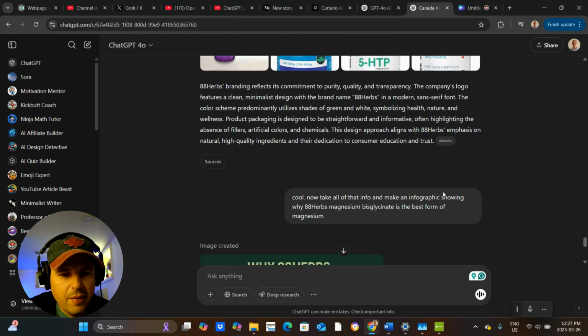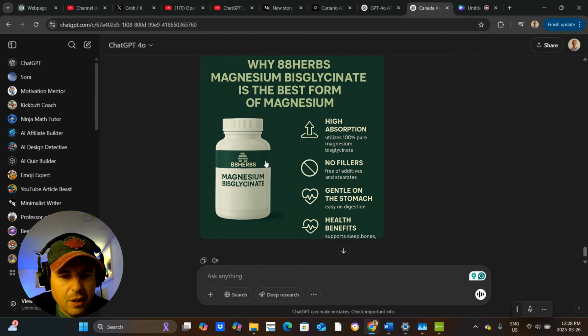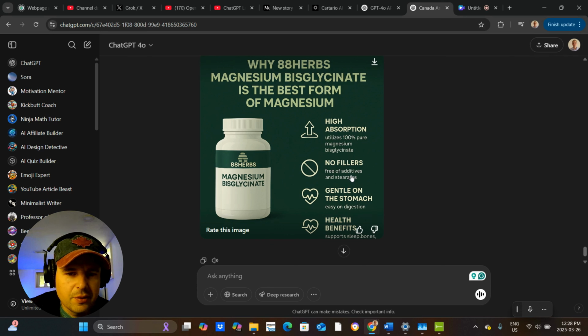And I said, okay, now take all that info and make an infographic showing why 88 Herbs is the best form. Now, I wasn't happy with the colors, and it did get the bottle wrong. I could take this out, substitute it, change the colors. These reasons are excellent. Again, they didn't make a single mistake with the writing. If I change the colors, put our logo in, and we're going to let you do this again on Cartario, but it is amazing how close you can get to something with just a single prompt for making these advertisements,